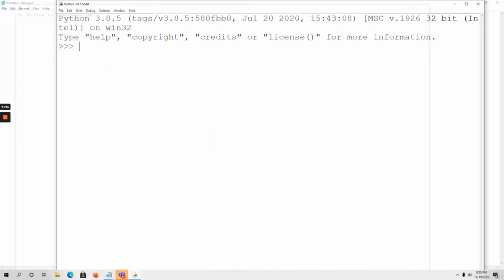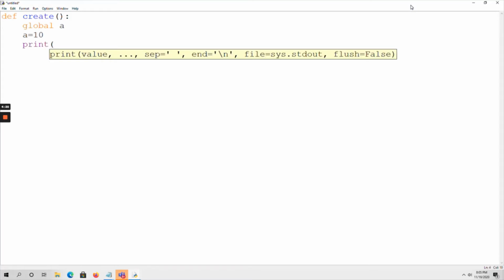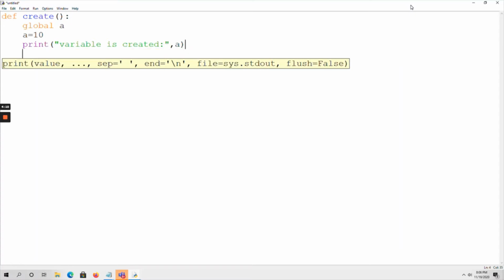Go to file, open a new file. So, see here I am going to create a global variable. Okay. So, here global A equal to 10, print variable is created, comma A. Next, I am going to define another function, display.